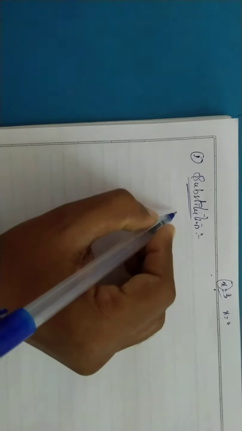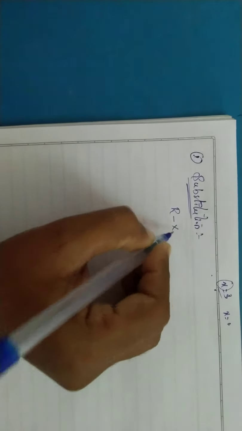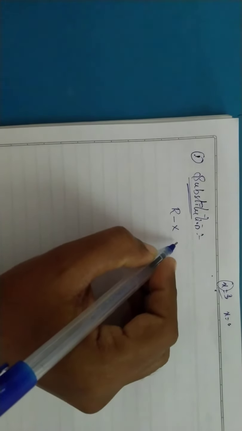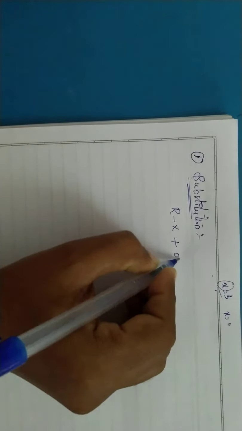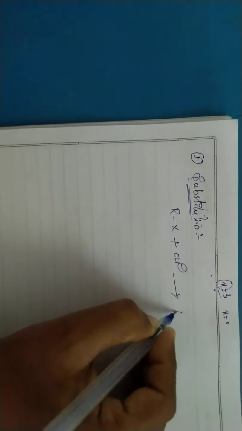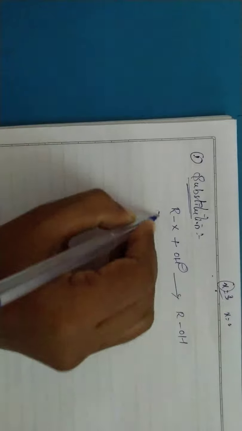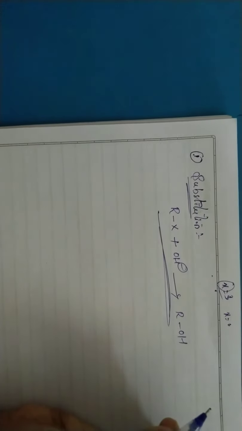In our school days in maths also, substitute x equal to 3, substitute x equal to 5, like this. That means whenever you get x, we have to substitute 3 in the x place. So that is nothing but substitution. Here, when our alkyl halides undergo a substitution reaction with any nucleophile, we will get like this. So this is the general reaction of substitution.